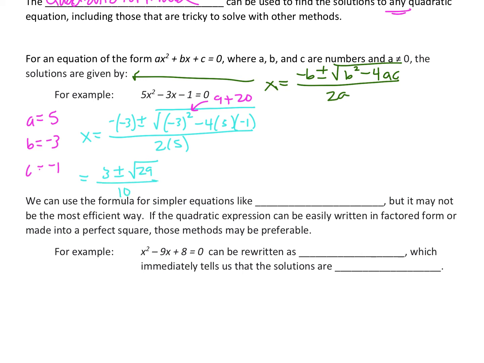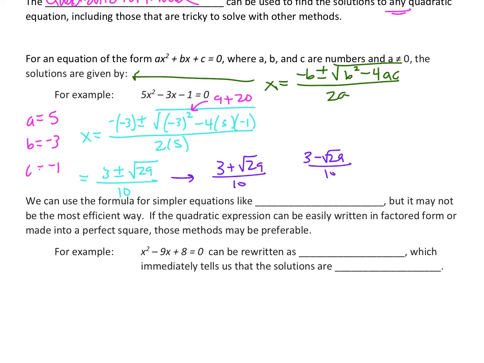This plus or minus represents two solutions for us. We could write this out separately and say that one solution is 3 plus the square root of 29, divided by 10, and the other one is 3 minus the square root of 29, all over 10. So